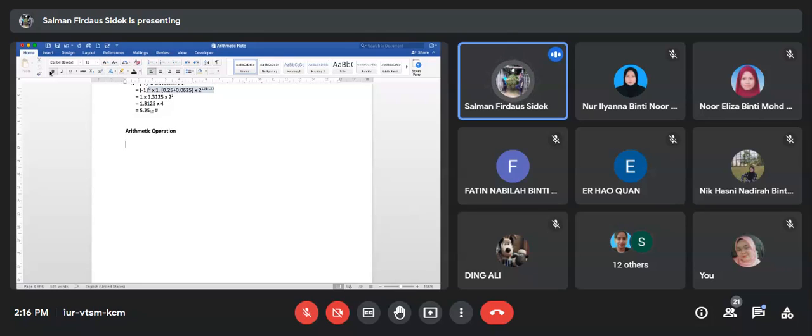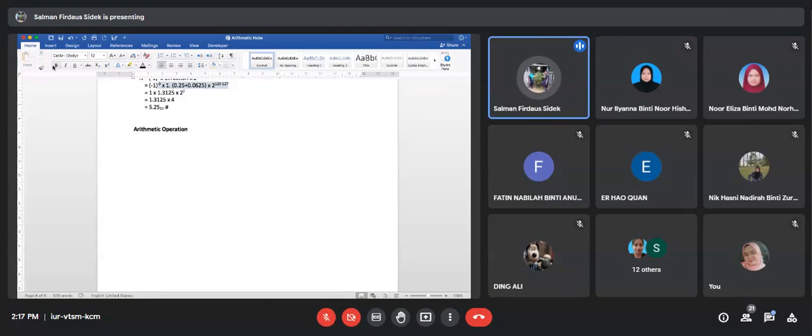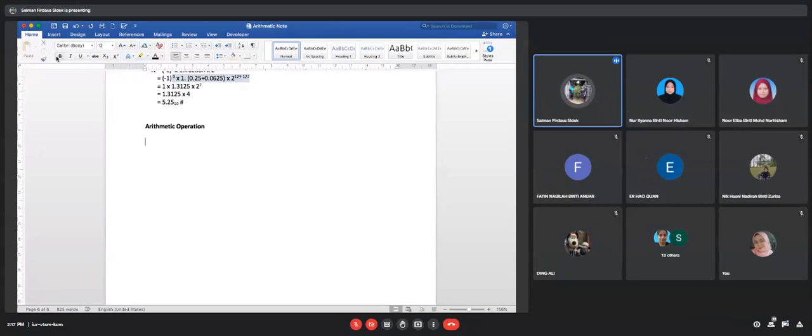Starting from here, we are going to use the binary representation as the foundation to do any operation. For arithmetic operation in binary, there are four operations that you need to memorize, the basic ones. 0 plus 0 is 0. 0 plus 1 equals 1. 1 plus 0 equals 1. And 1 plus 1 equals